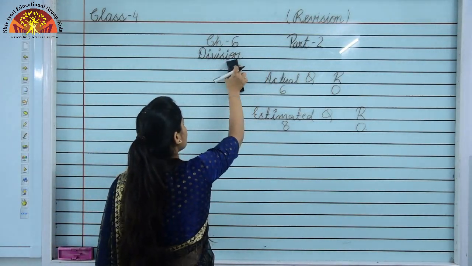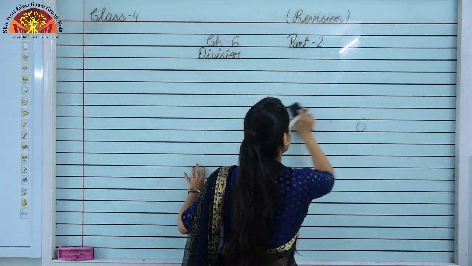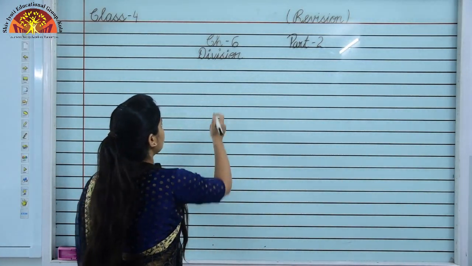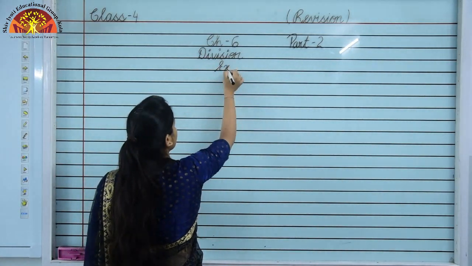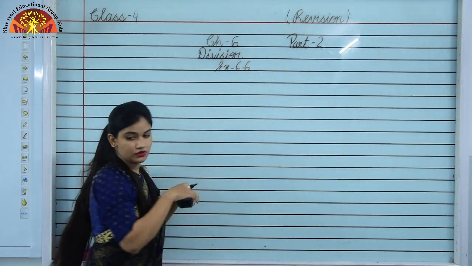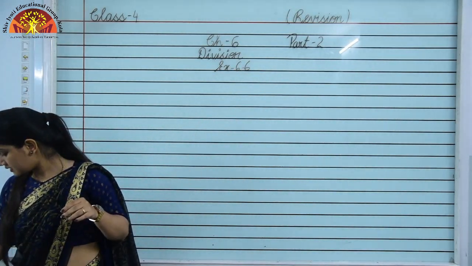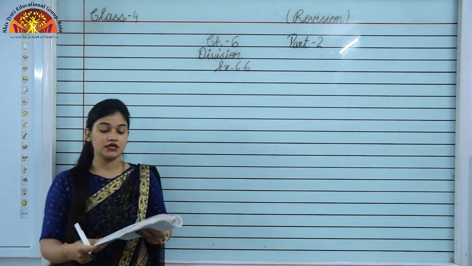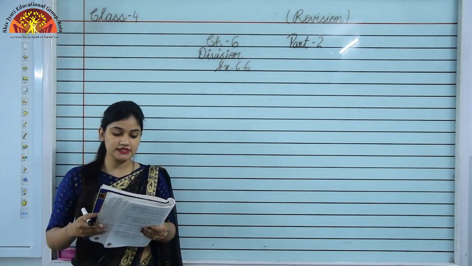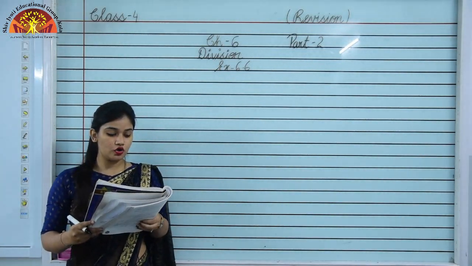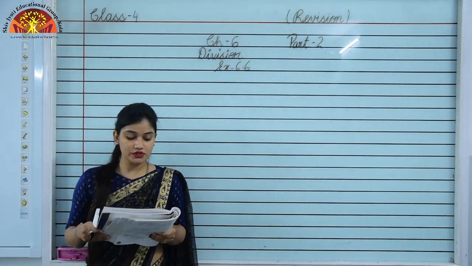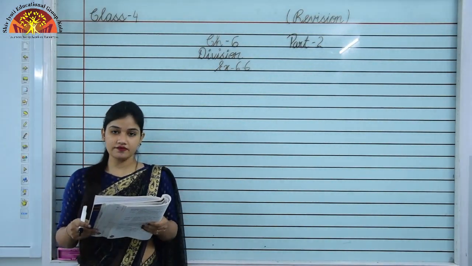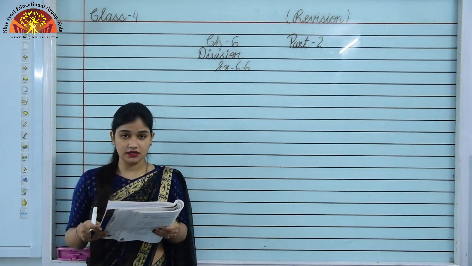Exercise 6.6. So students open page number 83 in exercise 6.6. Now we'll see the word problems. So we are observing question number 7, and question number 7 is Tina works in a restaurant and earns rupees